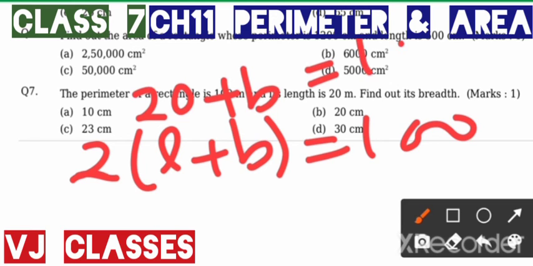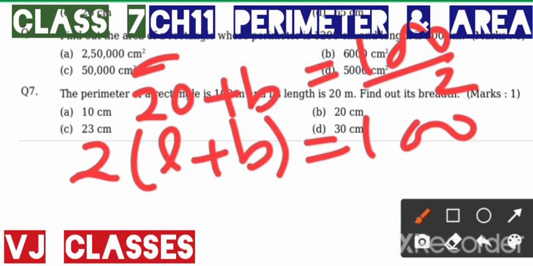Okay, sending other side means upon 100. So when we divide 100 by 2, it will come 50, and this 20 also. Okay, this 20 also will go other side, right hand side, in minus. So 50 minus 20 is what? 30. So question number 7, option D is correct, 30.